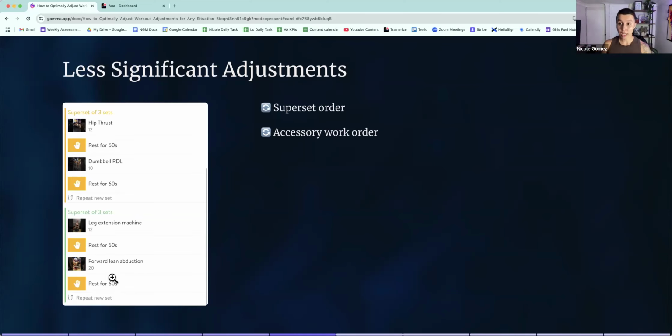Another thing that you can adjust is, once you do that main lift, the next accessory lifts, you can also swap the order. So for example, my workout today was a squat, then a split squat, and then a hip thrust. Because of the difficulty to get a barbell in my gym, I'm not going to do squats and then split squats because I'll lose the bar. So instead, I'm going to pull the hip thrust up one. I'm going to do squats, I'm going to keep the bar, and I'm going to do hip thrust, right?